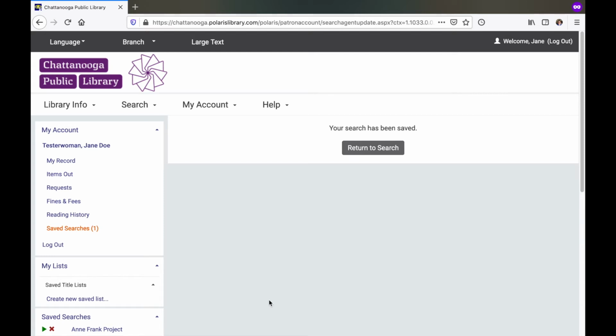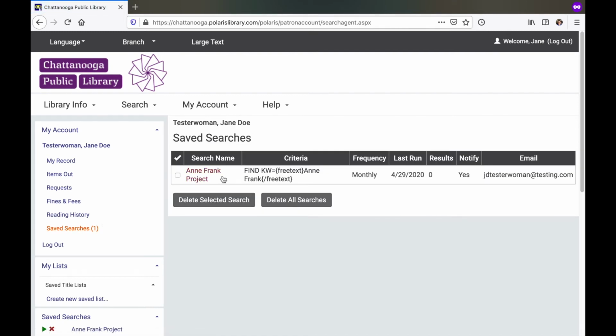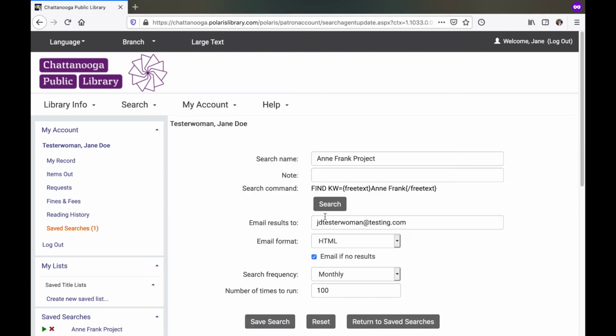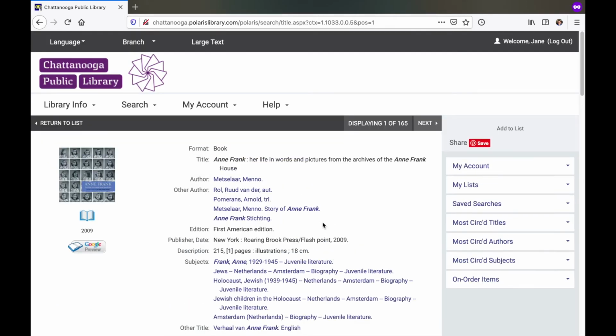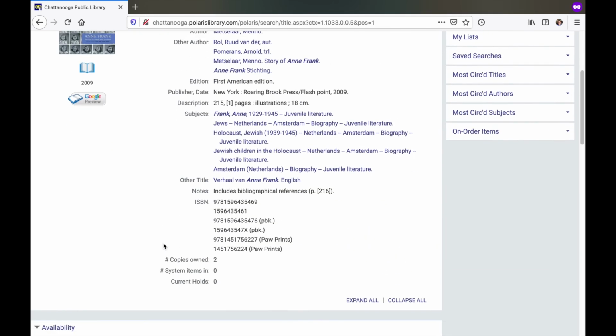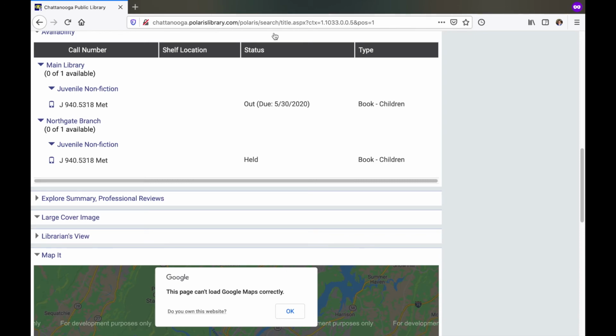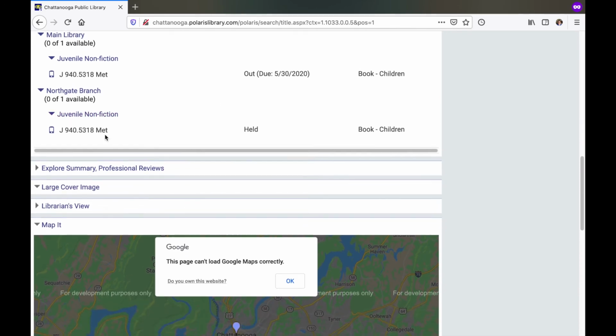If you want to manually run a saved search on your own, you can click on Saved Searches in the sidebar of your online account. Click on the name of the search you want to run, and click Search. When you find an interesting item in the catalog, you can click on its title to learn more about it. On this page, you can find the title's basic cataloging information, the availability of each physical copy the library owns,